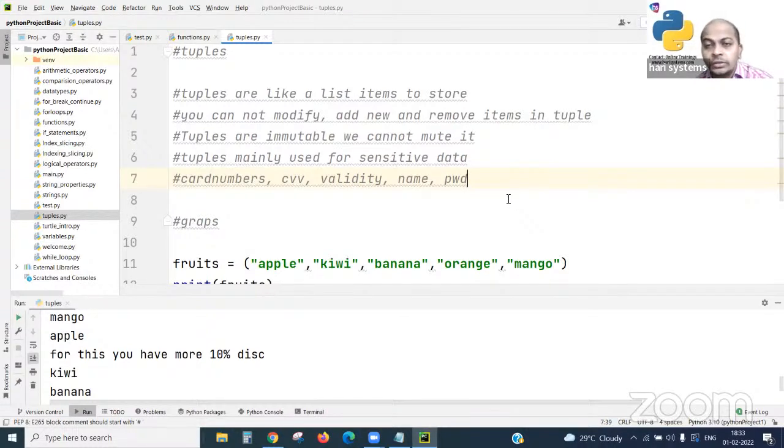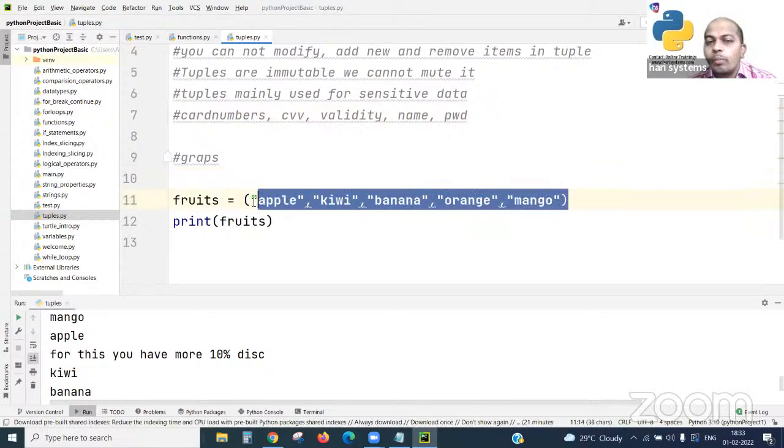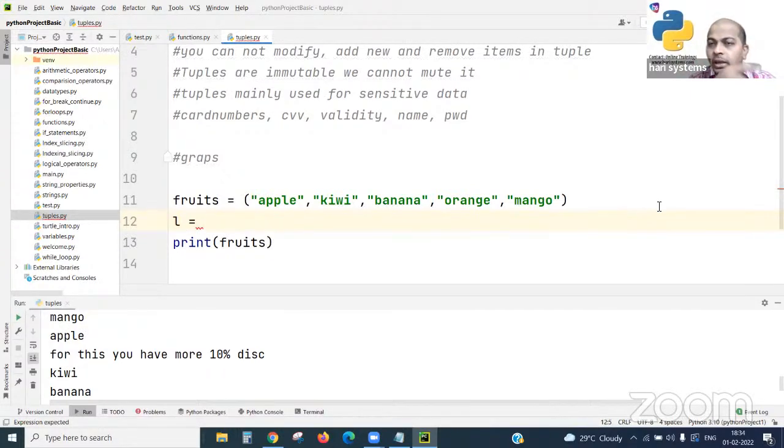In such usage, if we want to change some parameters, how is it possible? Millions of questions. Yes, it is possible to modify and add items in a tuple by using a list. It's very simple. How can it be possible? See, I'm taking a variable called L, a simple list. I'm converting this tuple into a list. Once it is converted from tuple into list, as we covered in the previous lecture, you may observe how we treated the list items. All the functionalities will work there.